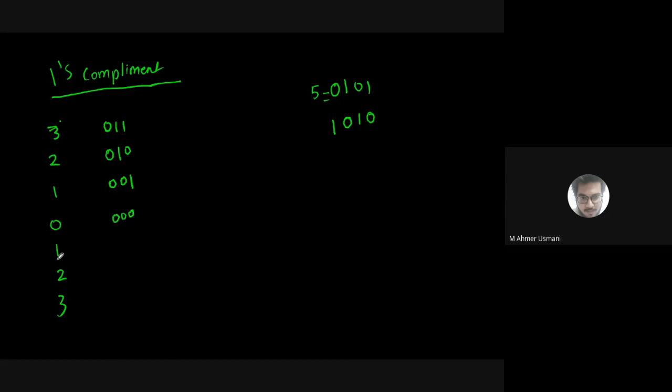No issues. Okay, now I need to represent -1, -2 and -3. What I'm doing is taking the ones complement. If I want to store -1, I'll take the complement of 1. What is the complement of 1? Just do the complement of this: 1 1 0. It is 1 1 0. Okay, what is the complement of 2? 1 0 1. What is the complement of 3? -3 is 1 0 0. So this is how I write down my ones complement.